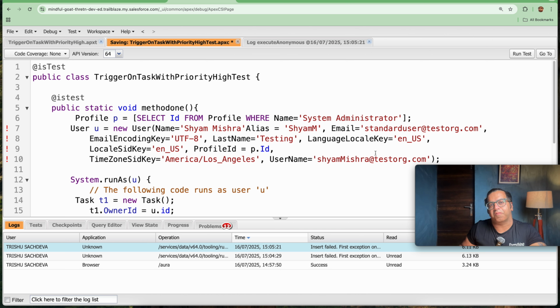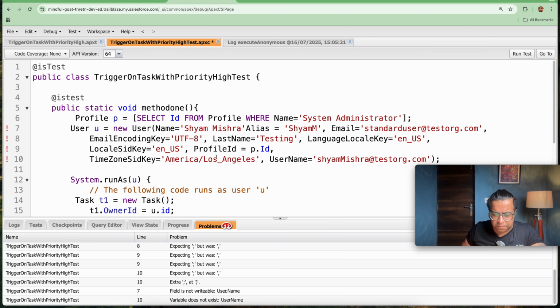Let's fix it. Because we are doing it live, it is taking a long time, but it is not a worry. So let's see what the problem is here at line number 8. Okay, a comma is missing. So let's save it.